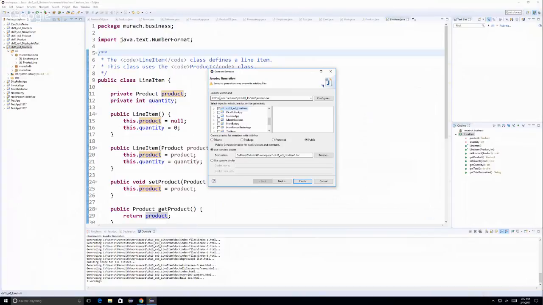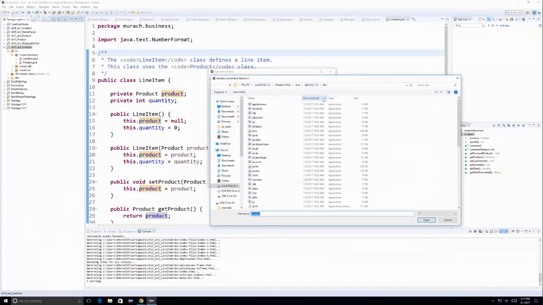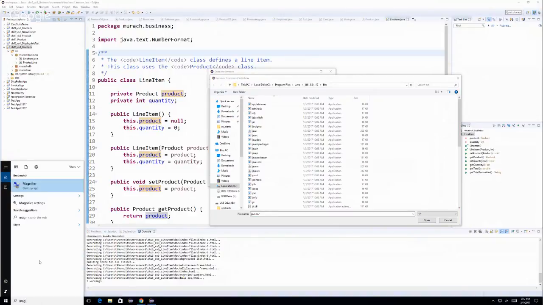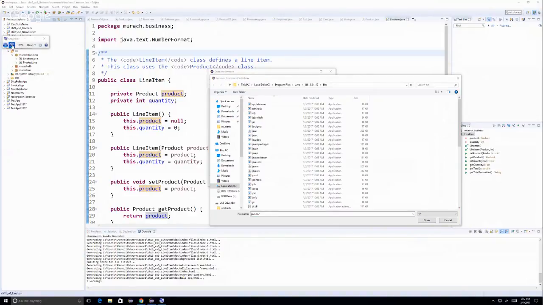Every quarter, these machines get reimaged and get swiped out. But right now, it's configured to know. If you don't have it pointing to the Javadoc, then you need to say configure, and then navigate on your machine to program files. So let me magnify this here. Program files Java JDK bin, and that's where you point your Eclipse, and then you should be able to generate it. So this was the first step of the